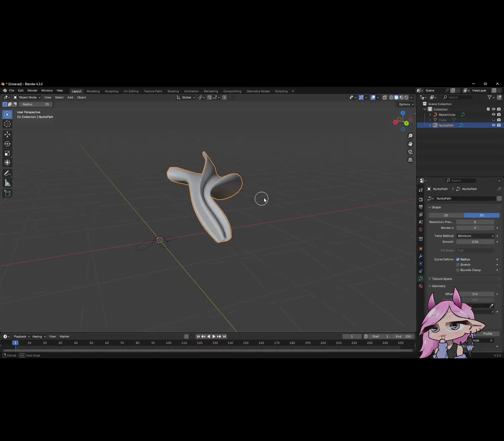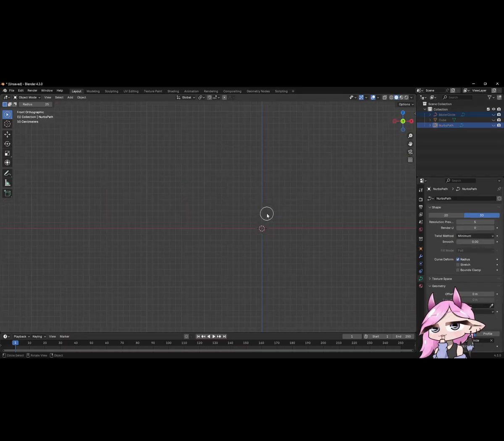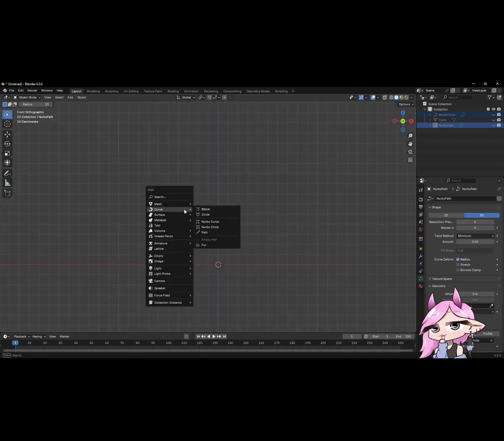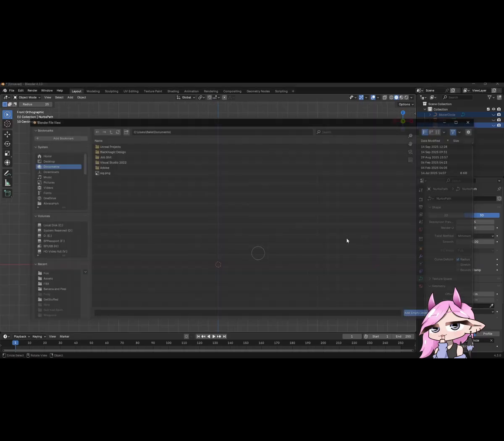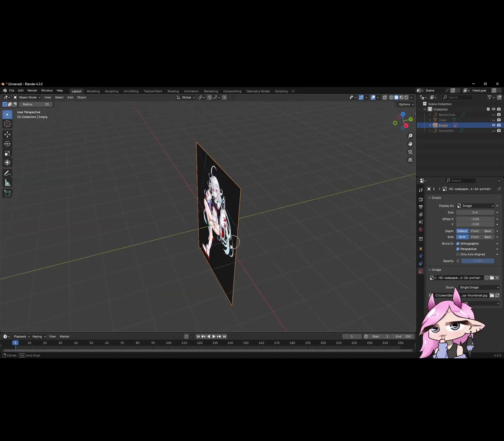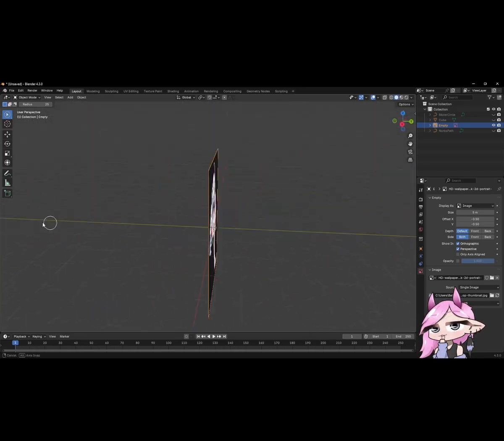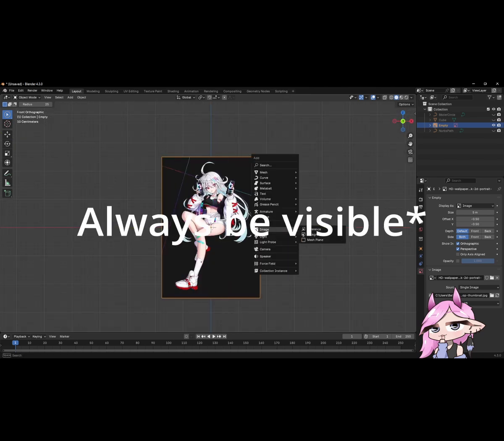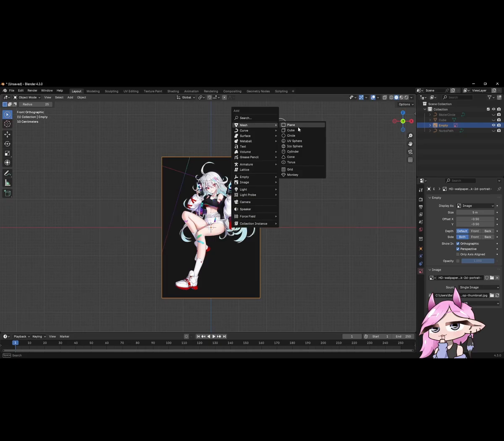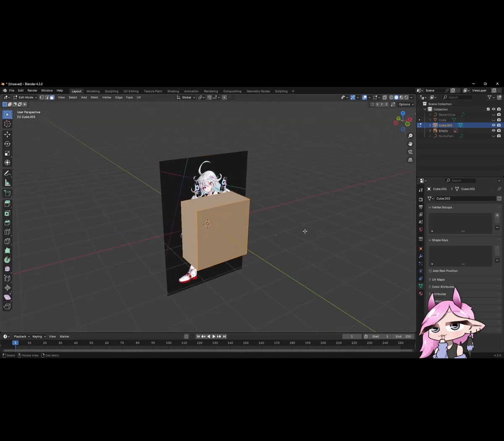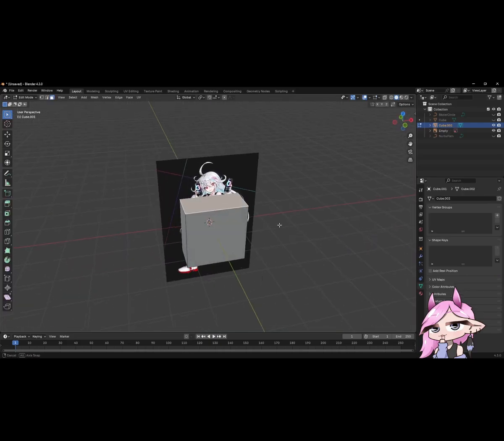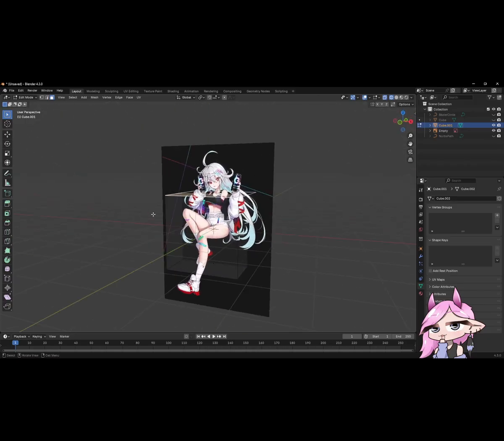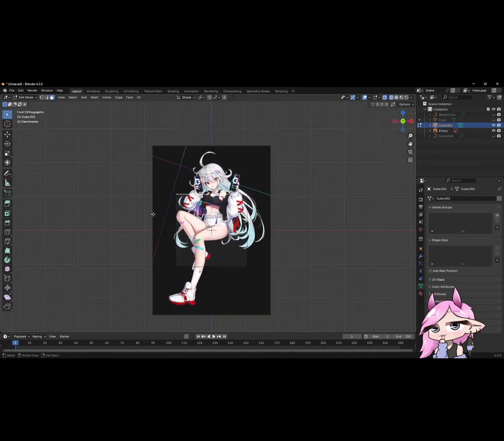Empty reference, like I said before, I like to do this, go straight forwards, then find my reference image, and then we got our reference image as a plane in our project, and she will always be in front of whatever object we have at the center. So say we've got a cube, she will always be where she is. If we even go to wireframe mode, we'll still be able to see it. So that's one of the benefits of a reference image from importing an image,